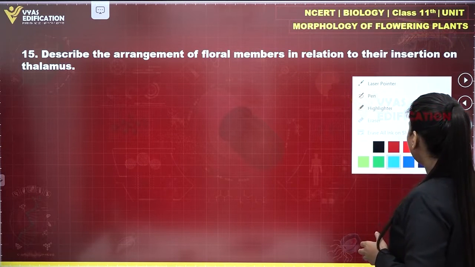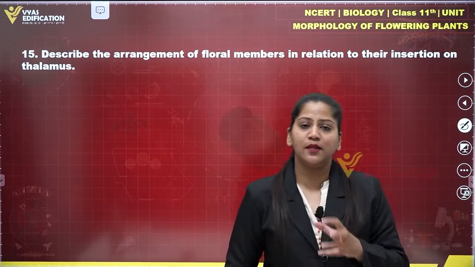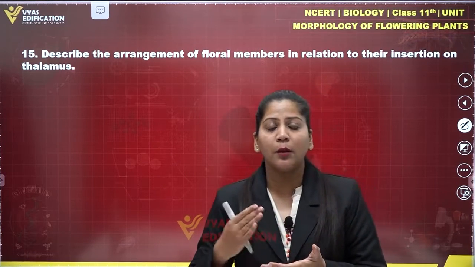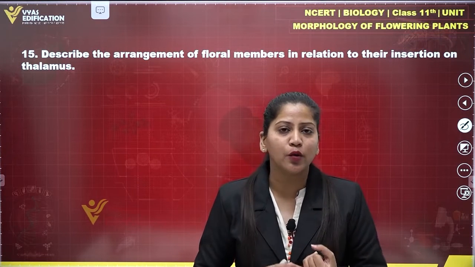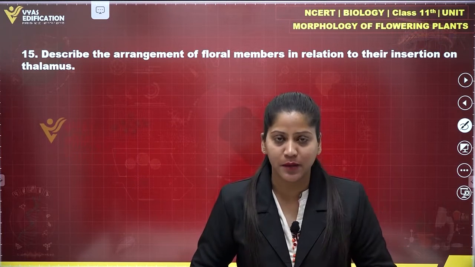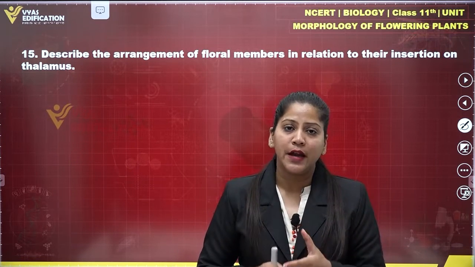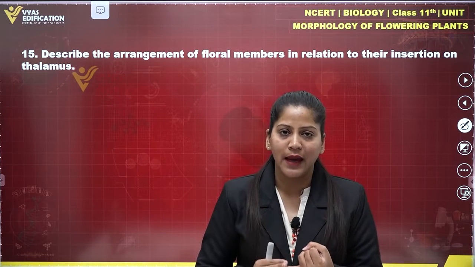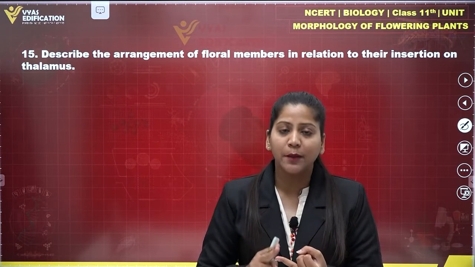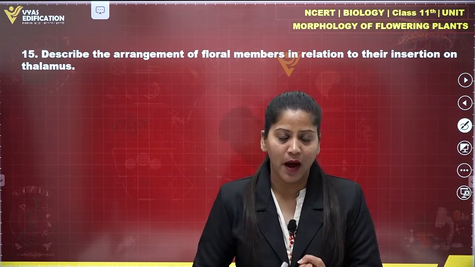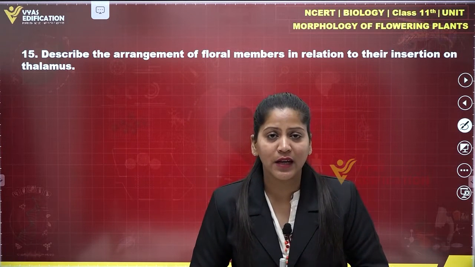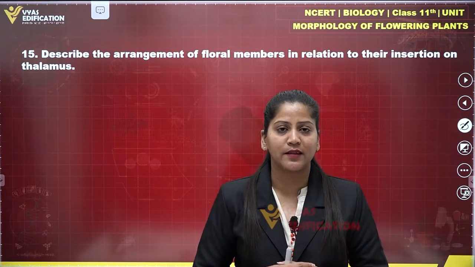Alright, we know that on the basis of arrangement, first of all, all the floral parts, including androecium, gynoecium, calyx, corolla, are arranged on the thalamus, that means on the receptacle. Now, on the basis of arrangement of all these floral parts on the thalamus, the flower is described in 3 conditions, such as